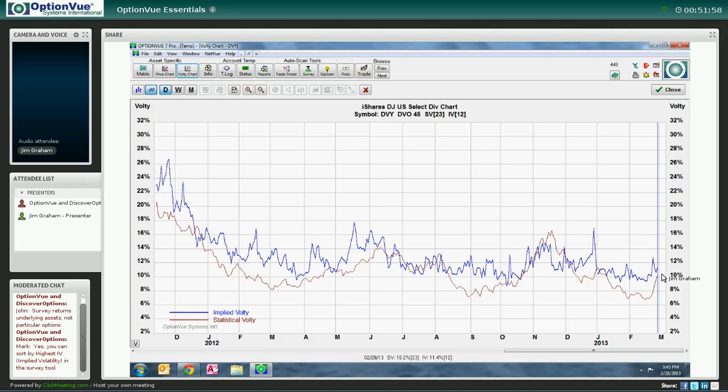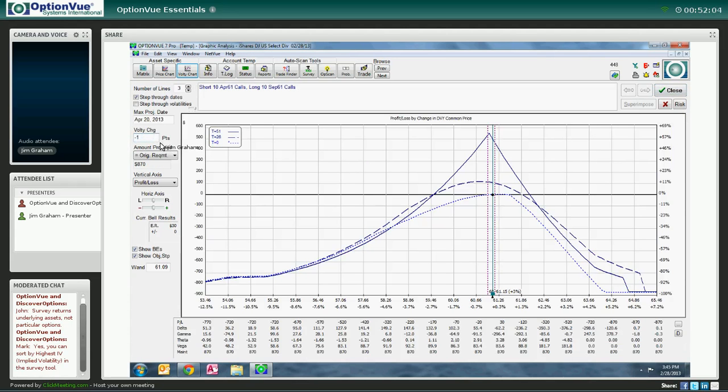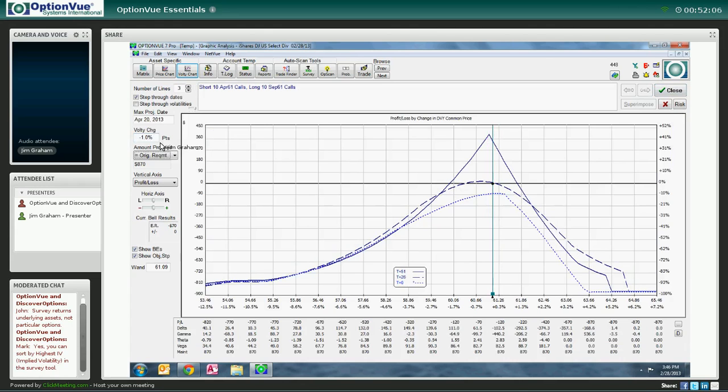And IV is going to go down maybe 1%. I can put that in there, a -1, which is basically telling it from like 11 to 10%. And you'll see that this immediately dropped, especially the zero line, but the whole graph became less profitable. If I go back to zero,